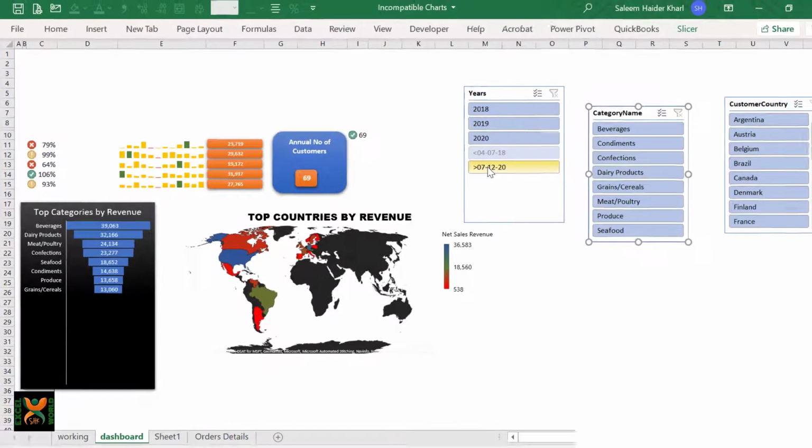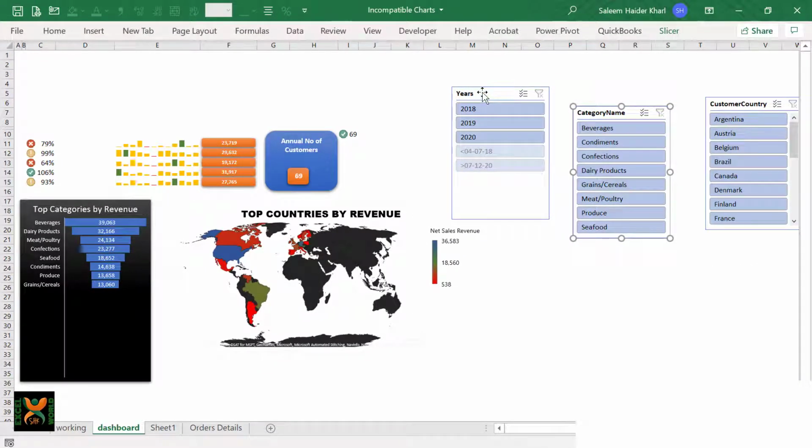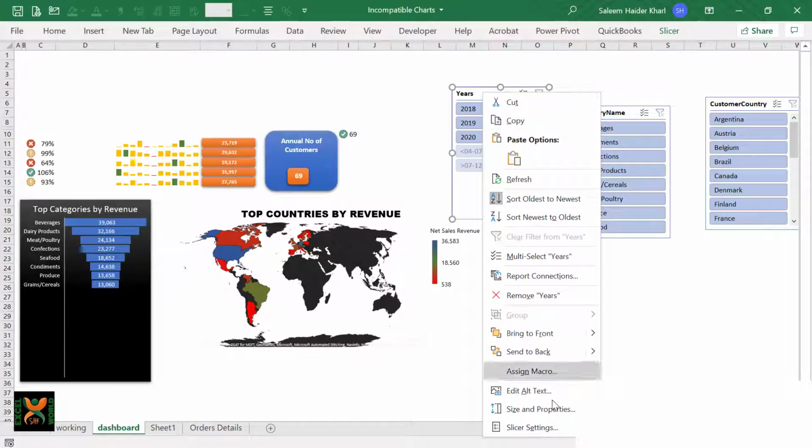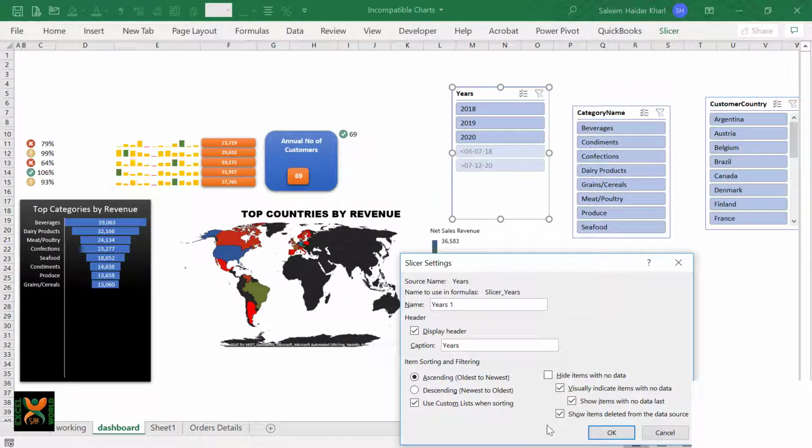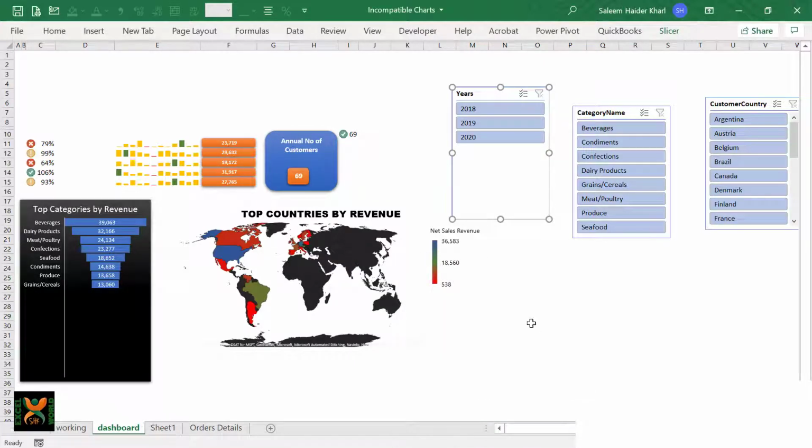So what we can do is, there are slicer settings available. We can right click on the slicer, go to slicer settings, and very easily we can check this checkbox which says hide items with no data. So we do not want any item created by the pivot table itself against which we do not have any data, and we can press just OK. So this was the first thing which we wanted to do, because we do not want to see anything beyond